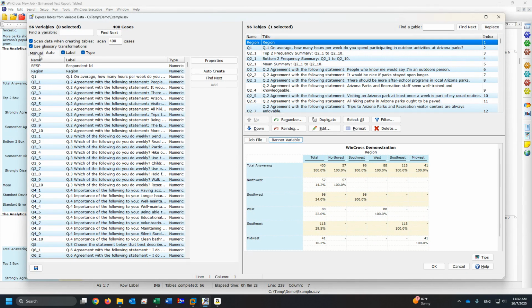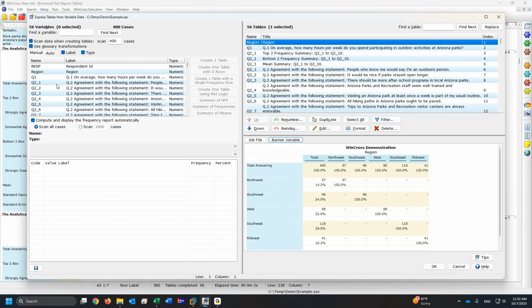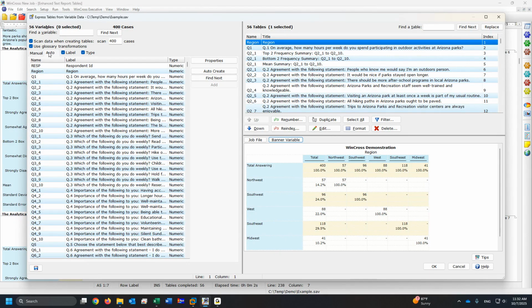We also have a manual way of creating tables. So this is using our auto feature that automatically creates tables. If you want to, you can also go to the manual tab. This is more the old school way of creating tables, and it's more for our advanced analysts to do more custom types of rows. But usually the auto will get you 98% of the way there, and then manual can be used for more